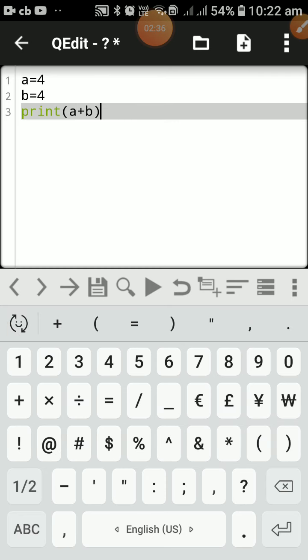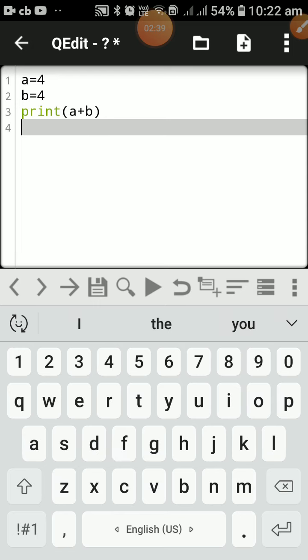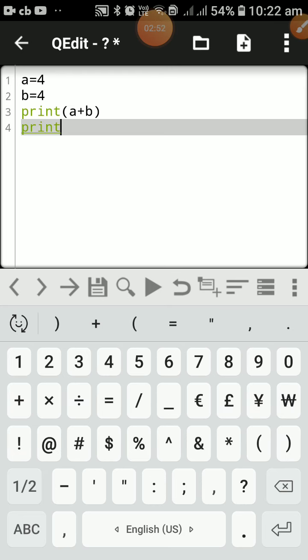When I press enter, nothing will happen in this case. The control will come on the next line. As you can see, the line numbers are coming here. That means you can write multiple statements here at a time, and you can get the output of all the statements all together. Like I am giving you both the statements here. In the interactive mode we give one by one. Here we are giving both the print statements together, and you will see that it will give the output all together.